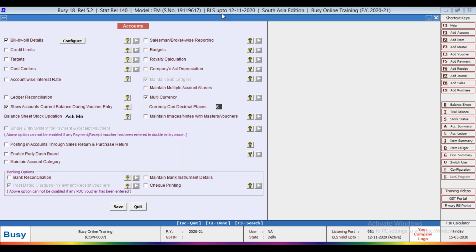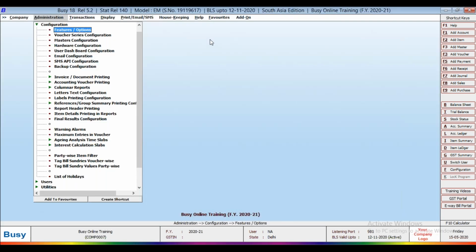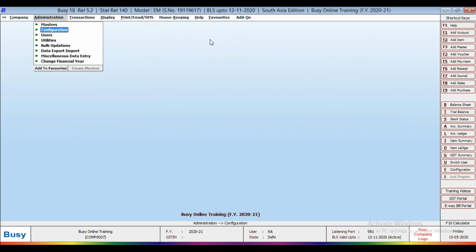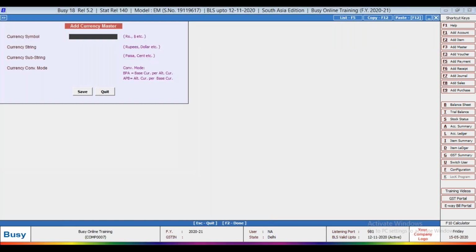On the master menu, first currency, add, suppose dollar.